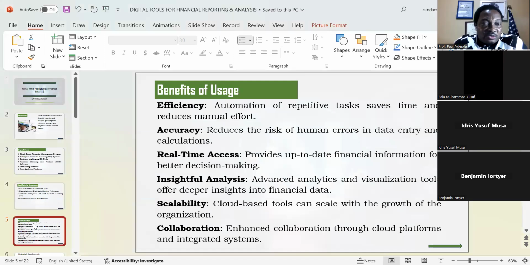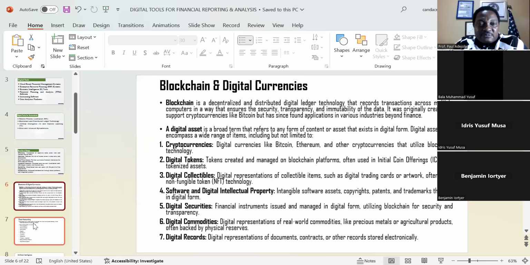Now, to cap this lecture, I have a summary of blockchain and digital currency. I think maybe when we get the note later, we can go through this. I actually want us to go into some case studies. We have like three up to four case studies. We just take two for this lecture.